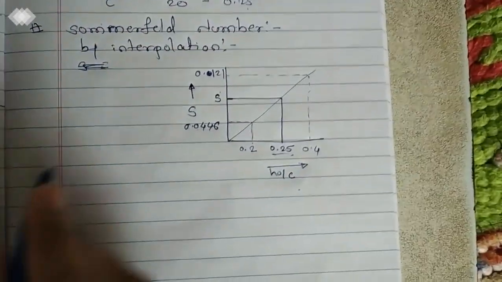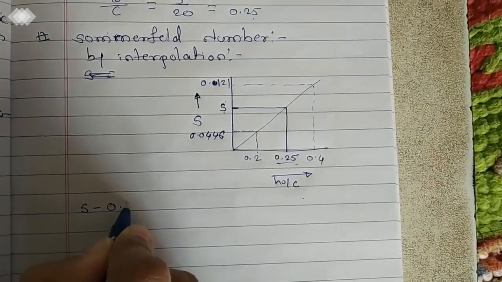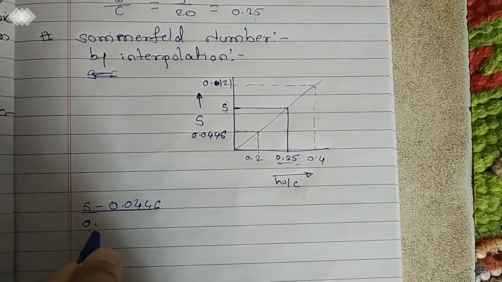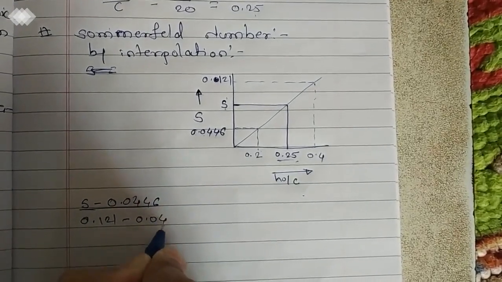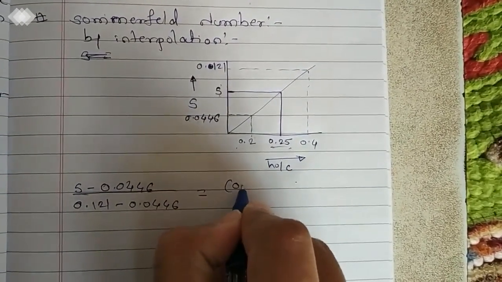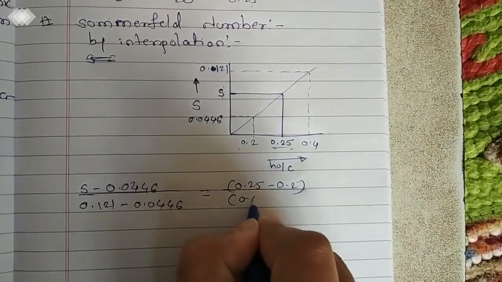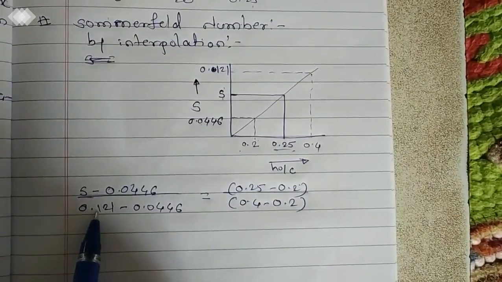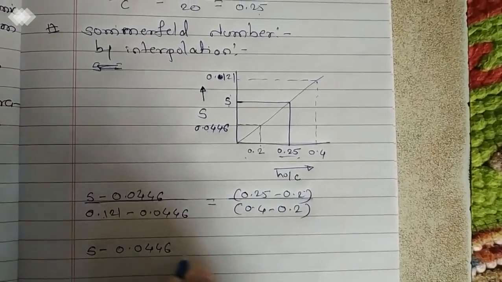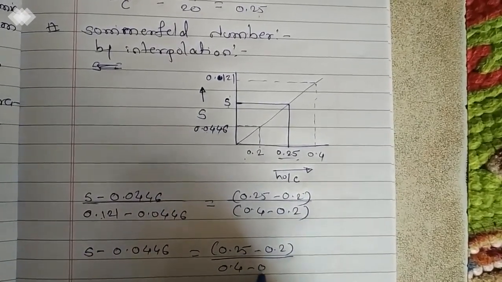So let's use the formula for interpolation. The middle value or unknown value minus the lower limit 0.0446 divided by upper limit minus lower limit, 0.121 minus 0.0446, is equal to, in similar way, middle minus lower, 0.25 minus 0.2, divided by upper minus lower, 0.4 minus 0.2. Let's shift this term to the other side. So we get S minus 0.0446 is equal to, this term remains as it is,